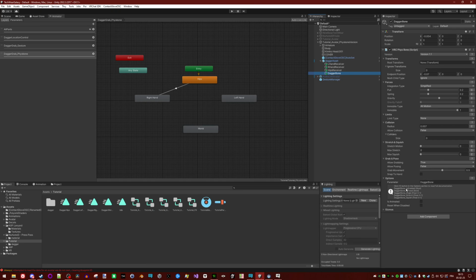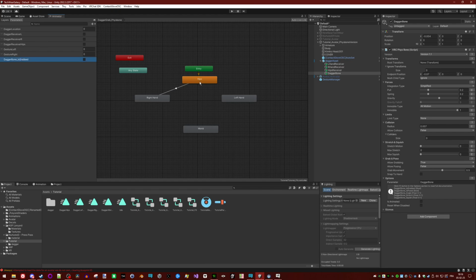We need dagger bone underscore is grabbed, which is a boolean. So here I already have it, but I will redo it just to show you. So plus bool, you pass your name, underscore is grabbed, and paying attention on the capitals.